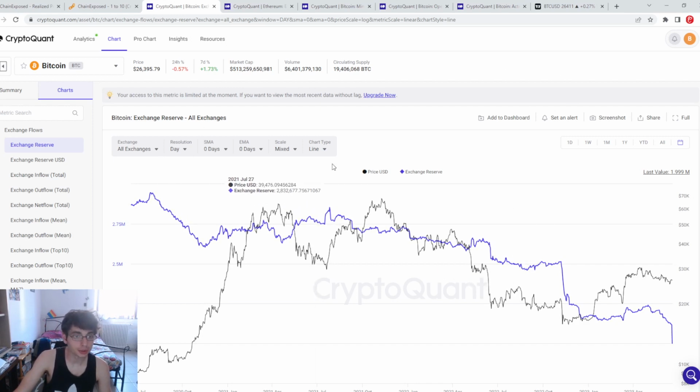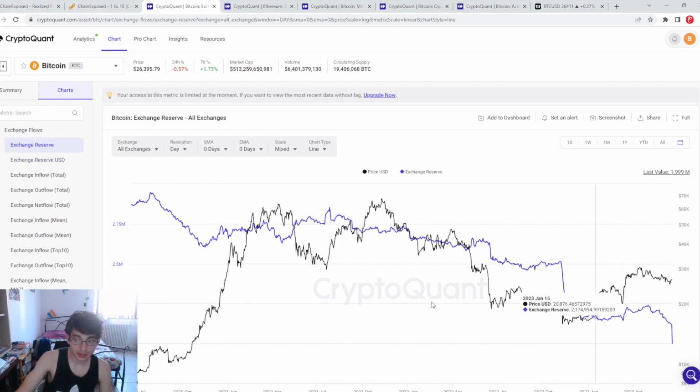But what about the exchange reserve? The exchange reserve right here, you see yourself, is dropping since the last all-time high, and even before, when we raced for the 20k in 2020 and 2021. We stayed more or less consolidating in this position until the second top, and then we started falling down. Here we have gone from more or less 3 million to 2 million coins available on the exchanges,